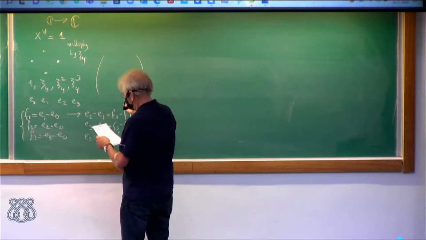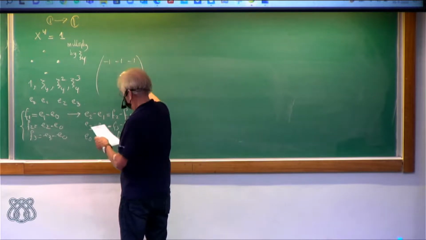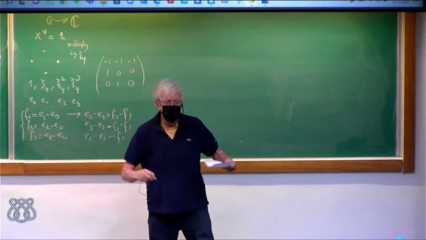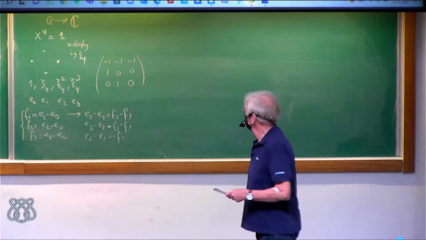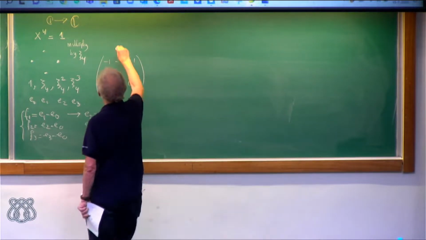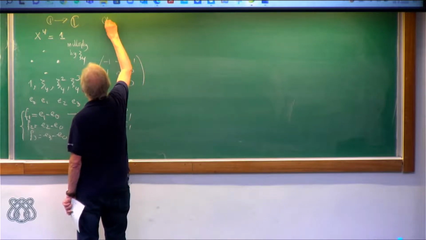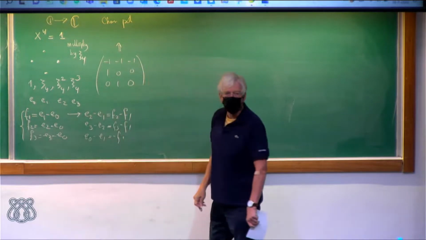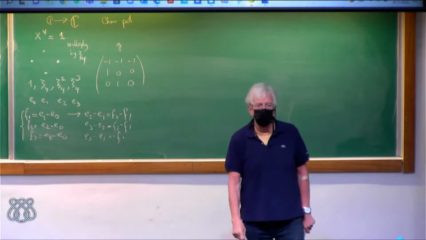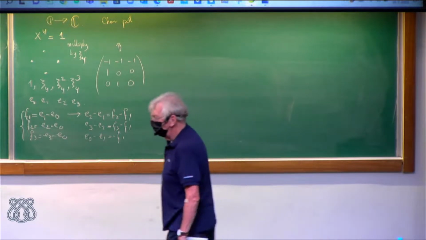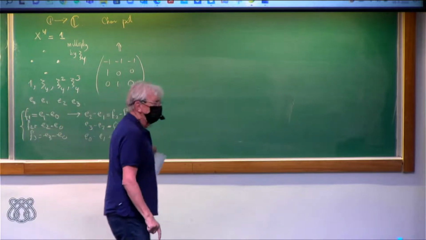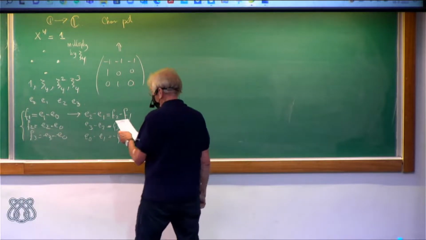So the following matrix: minus 1, minus 1, minus 1, 1, 0, 0, 0, 1, 0. It's not diagonal, it's just the matrix. Then you have to do your calculus and compute the characteristic polynomial. You put minus lambda in the diagonal, as we teach in the linear algebra course. Then you take your computer and you have the answer, or you use 1 or 2 minutes to get the answer, and the answer is